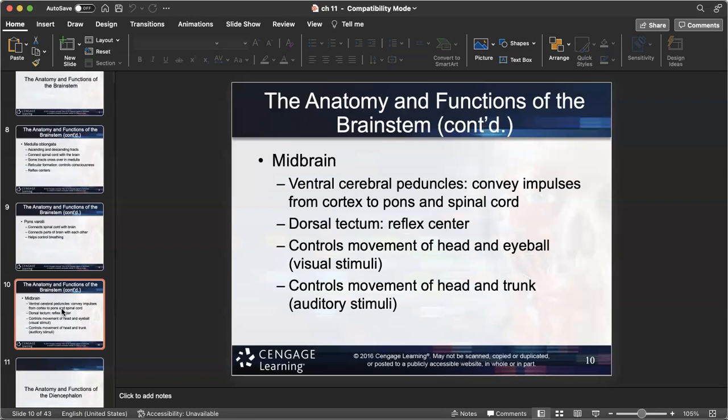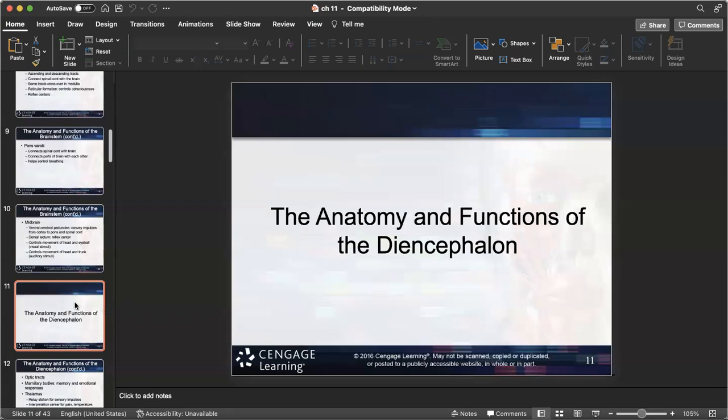The third and final section of the brainstem is the midbrain. There are several reflex centers in the midbrain, specifically the dorsal tectum. The midbrain is the most superior aspect of the brainstem. And so here we see a lot more integration of stimuli with response function, because we're getting closer and closer to the diencephalon and the cerebrum. Speaking of